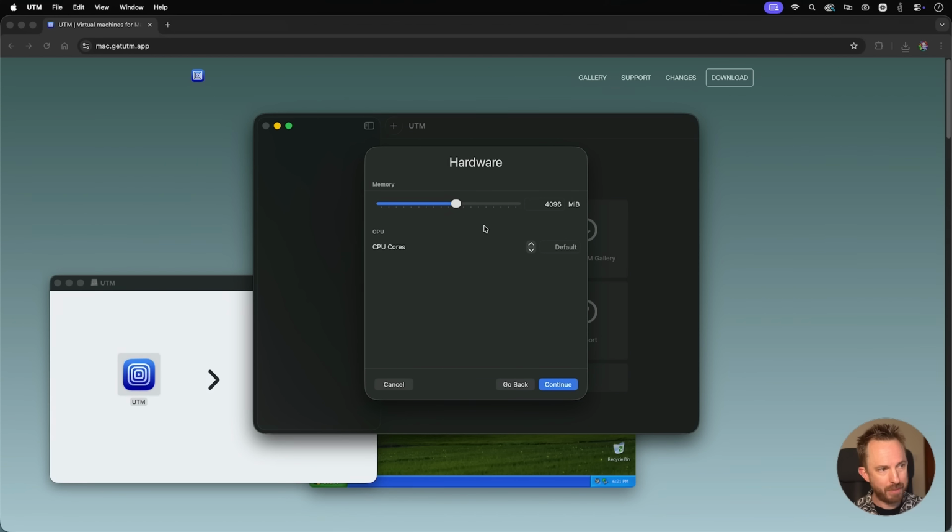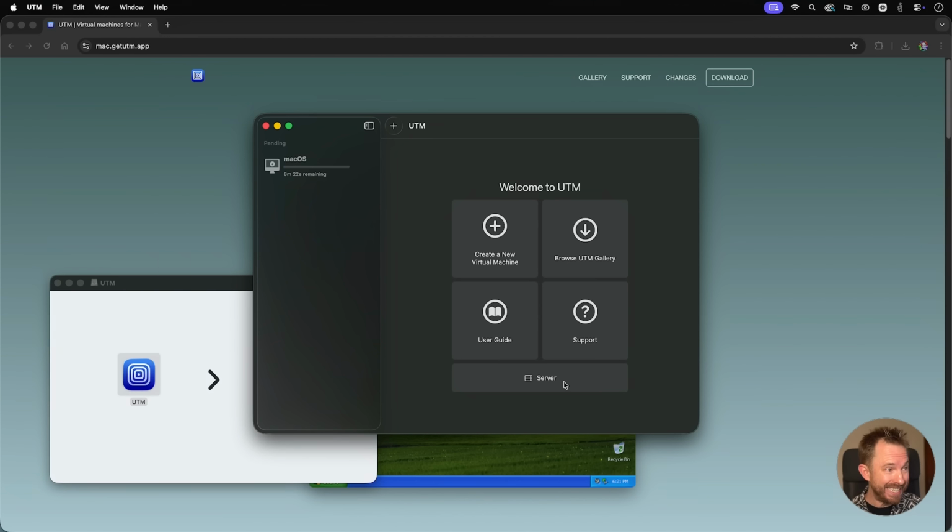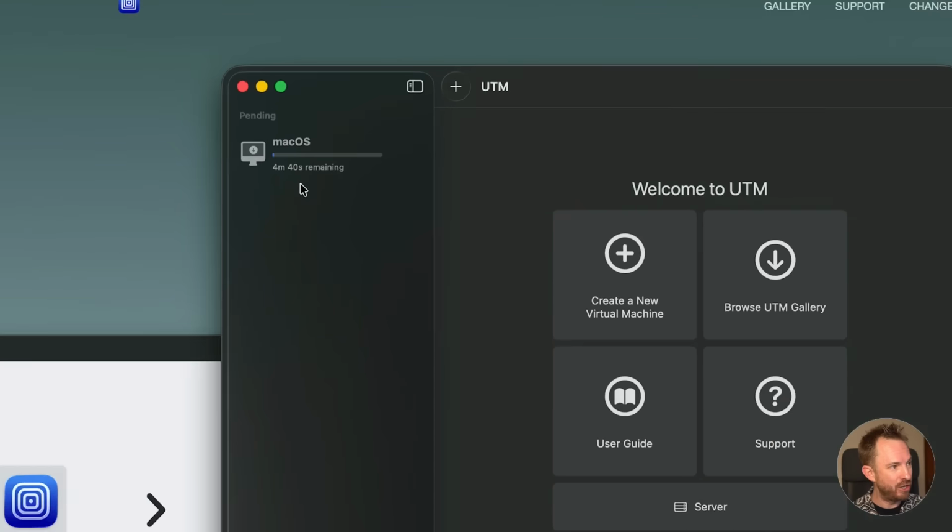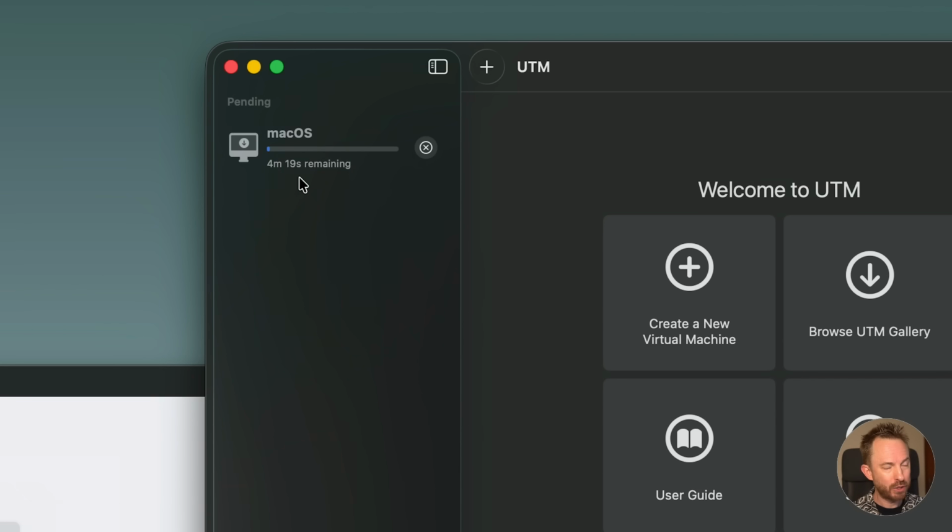Now I can choose how much memory, how many CPU cores to assign. I'm going to leave everything default as I found those settings work quite well. We'll continue and continue again and continue again and save. And that's all I needed to do. And now look at this. In just a few minutes, macOS will be cloned inside my computer